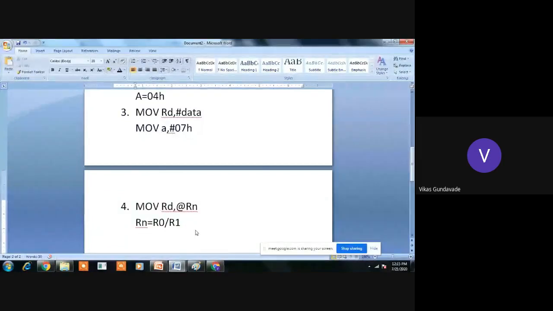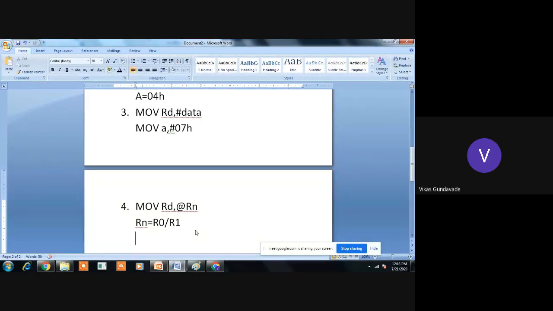So from the memory location pointed to by the Rn register, where Rn is working as a pointer, the contents of that memory location are transferred into the destination register.